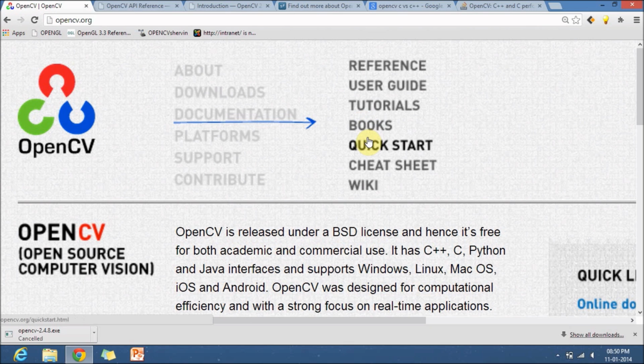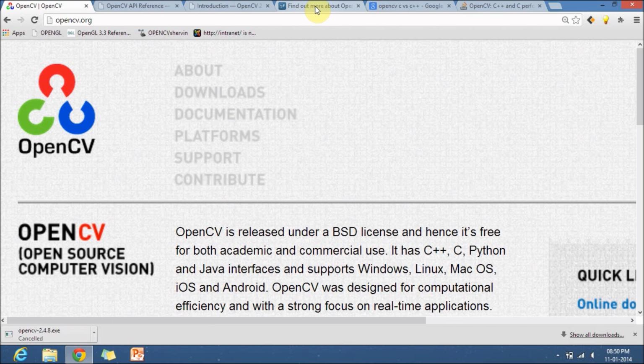The quick start tells you how to download the OpenCV libraries, and how to integrate them with IDEs like Microsoft Visual Studio or Eclipse, or even with MATLAB. So this is about the OpenCV introduction.